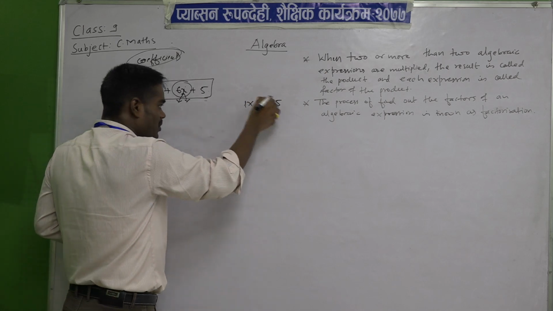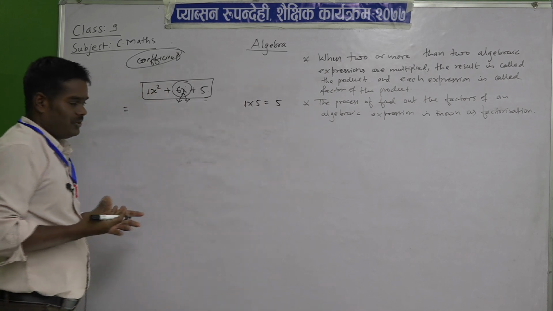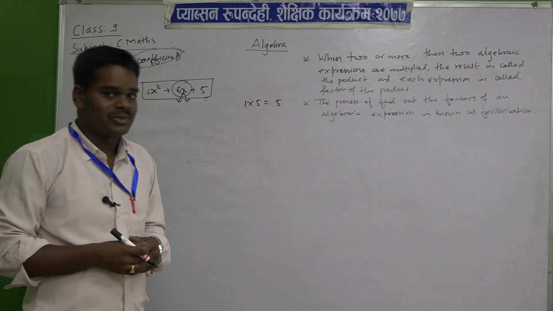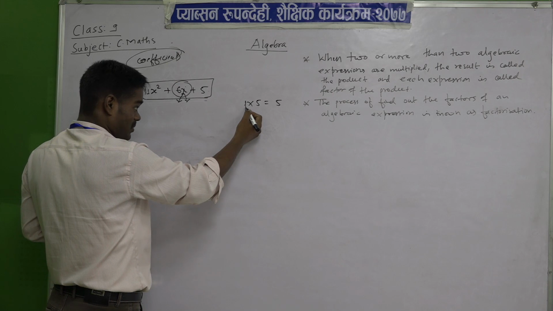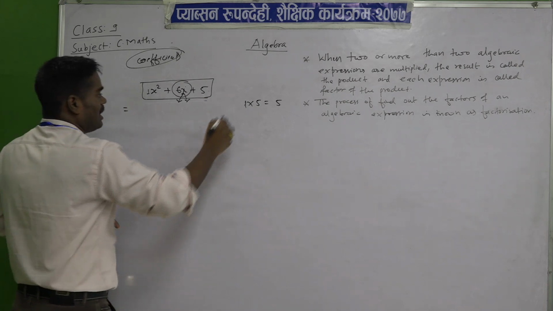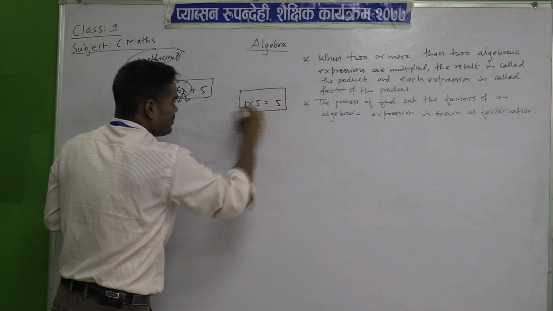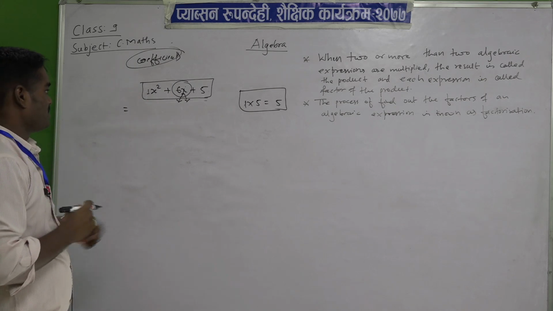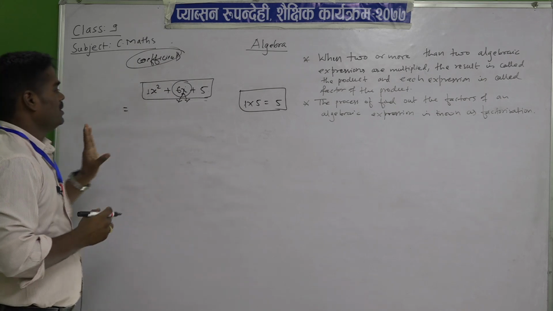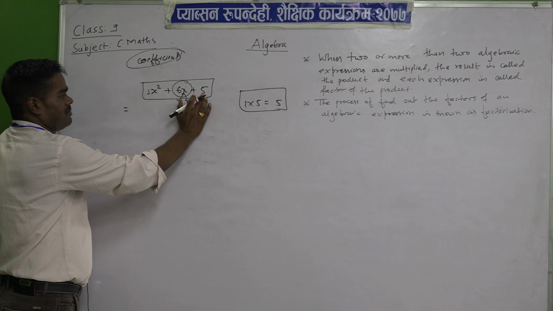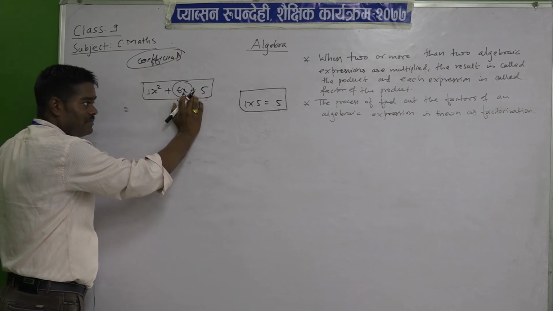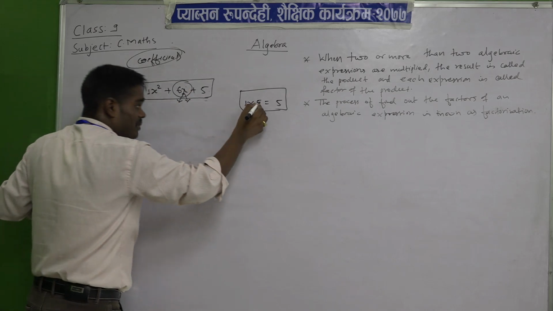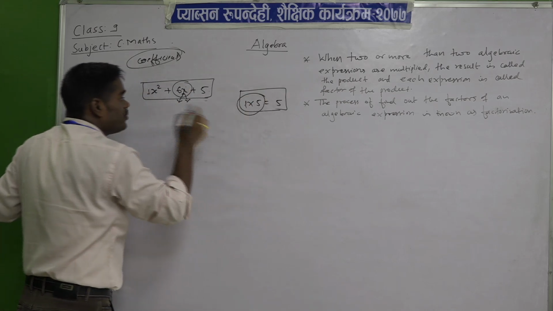Is there any more factor? You know that 5 is also a prime number, so it has only 2 factors. The first factor is 1 and the second factor is 5. After this there is no more factor. Then after, you have to see the sign of the last term. 5 is the last term. What is the sign of the last term? Plus. So by adding these 2 factors, we should get how much?